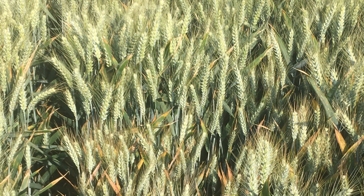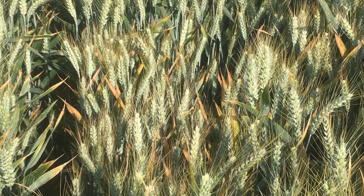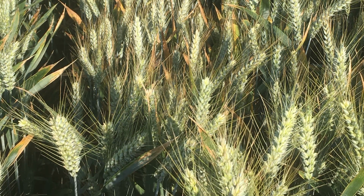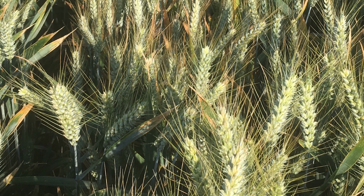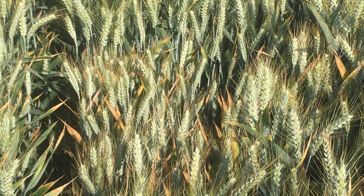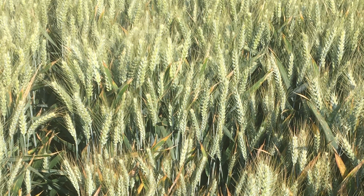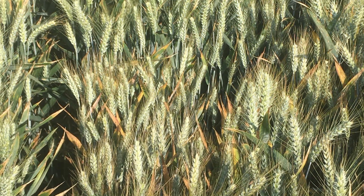Owing to the weather conditions, aphid levels weren't quite as high as had been feared, and on top of that, a number of crops that were successfully drilled were treated at least once and possibly twice with a pyrethroid insecticide. However, there are significant levels of mild BYDV symptoms showing up on the flag leaves and upper leaves of all varieties on the trial site, and fairly widely on farm, certainly across the southeast of England and up into the